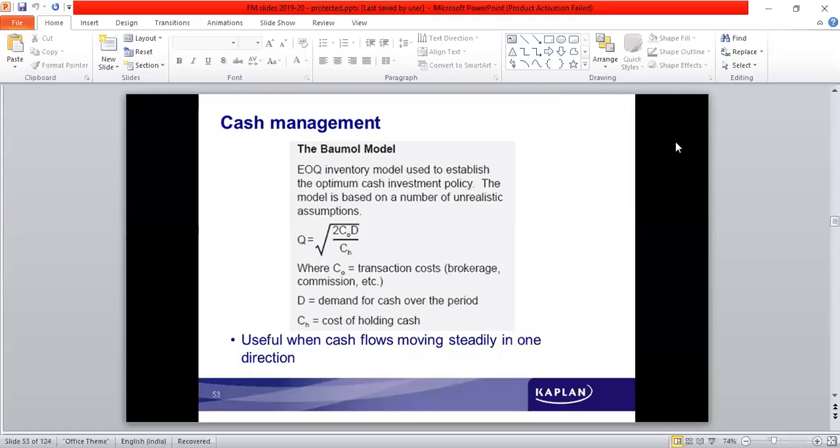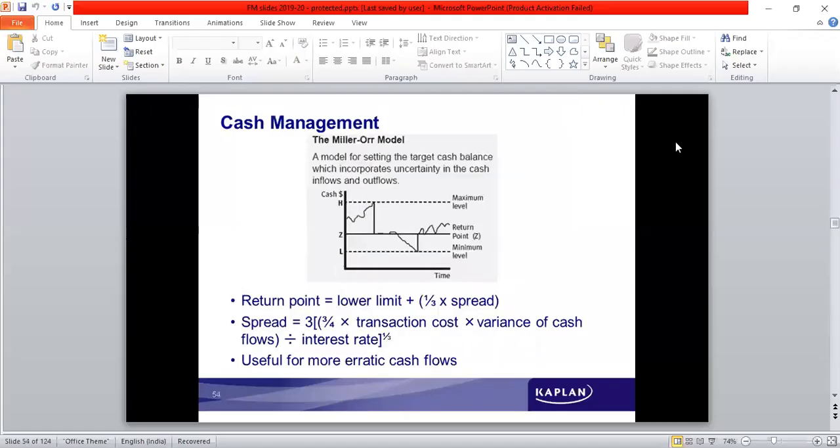Another model is given by Miller and Orr. The Miller Orr model, what we call it. What does it say? It says that at any given point of time, what is the maximum amount of cash which is needed? The maximum limit should be understood. And the least requirement of cash at any given point of time is the minimum cash balance, which also has to be estimated. So the cash balance is between the minimum requirement and the maximum requirement.